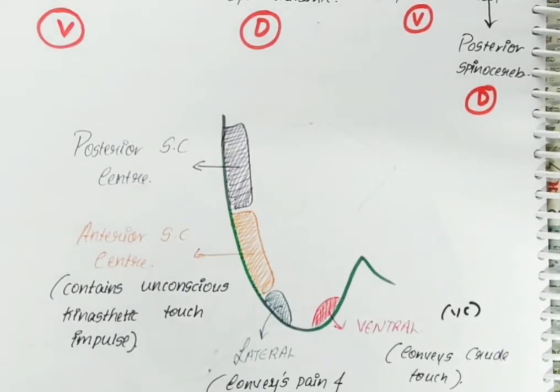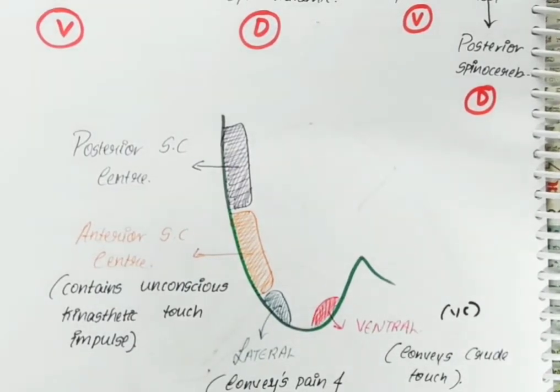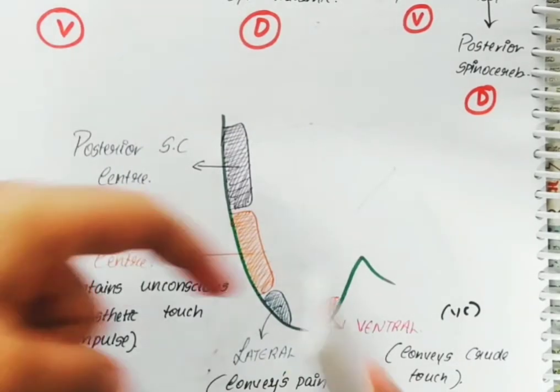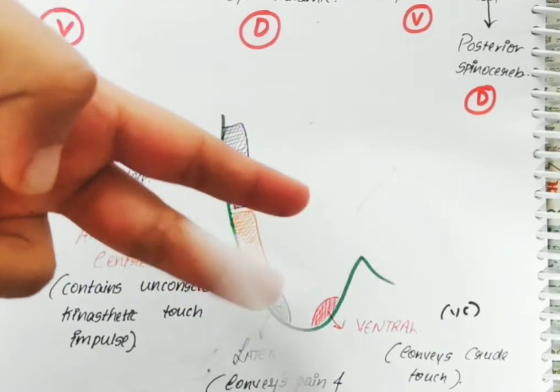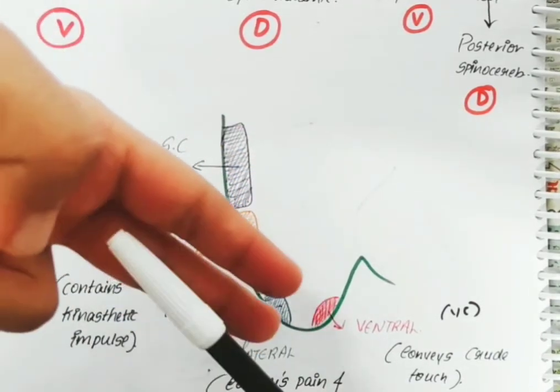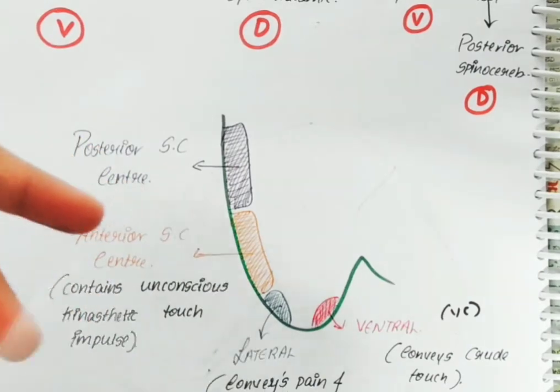In the next video we'll study the dorsal column pathway, one of the very important 10 mark questions usually asked in the exam. Either they'll ask the dorsal column pathway or the anterolateral pathway from the ascending types. In both of these two questions, one question is mandatory with some clinical aspects.